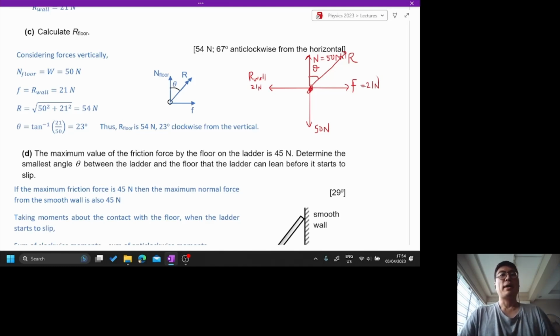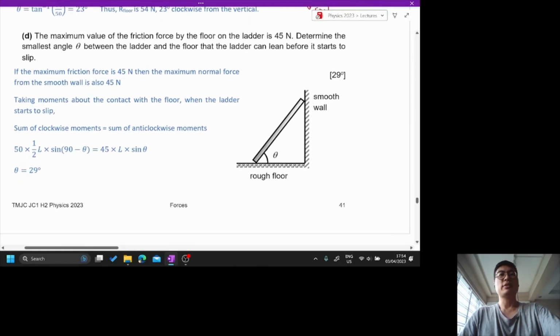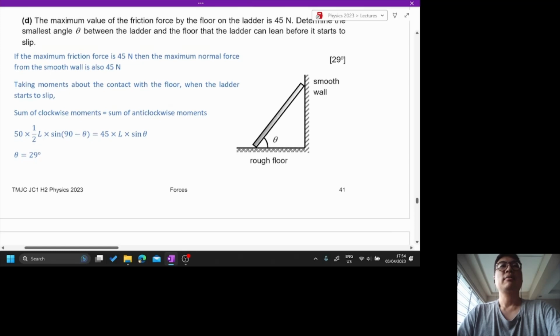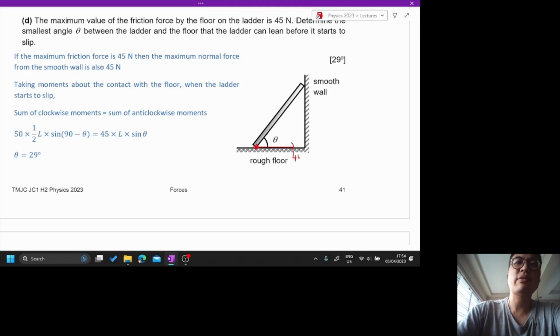Now, let's take a look at part D. The maximum value of the friction force is 45 newtons. Determine the smallest angle between the ladder and the floor so that the ladder can lean before it starts to slip. Now, if the maximum friction force on the rough floor is 45 newtons, this is 45 newtons,